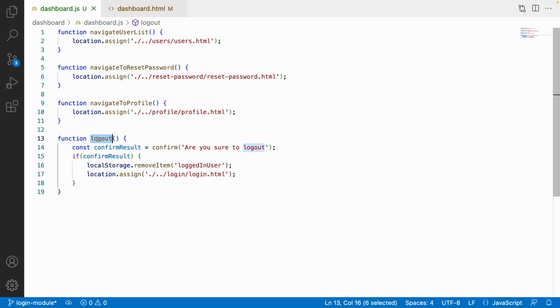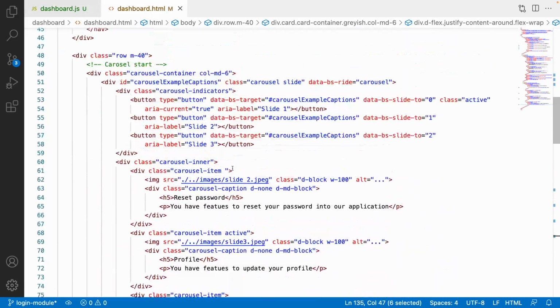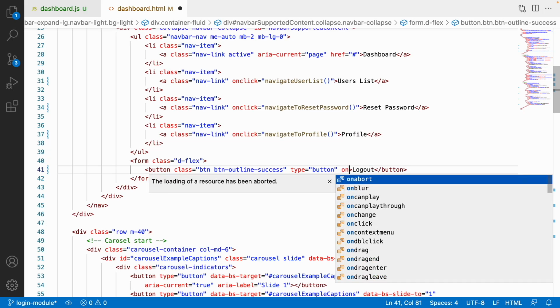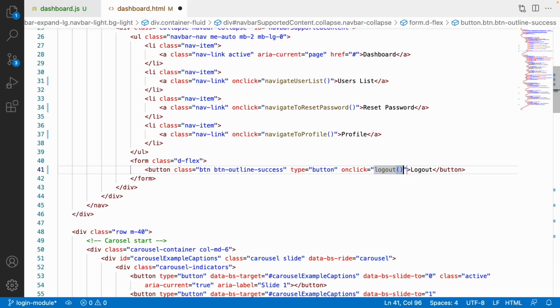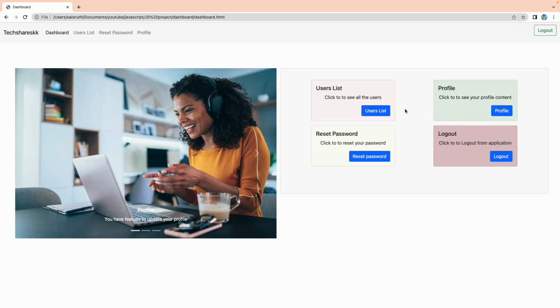And also the same logout function should be called on the nav bar. So let me go here to the nav bar and see that we have something like a button, and here I can use something like onClick, and this click should call logout. So let me save this and go back to the browser. Let me reload, and when the user clicks on user list, he will be navigating to the user list, but